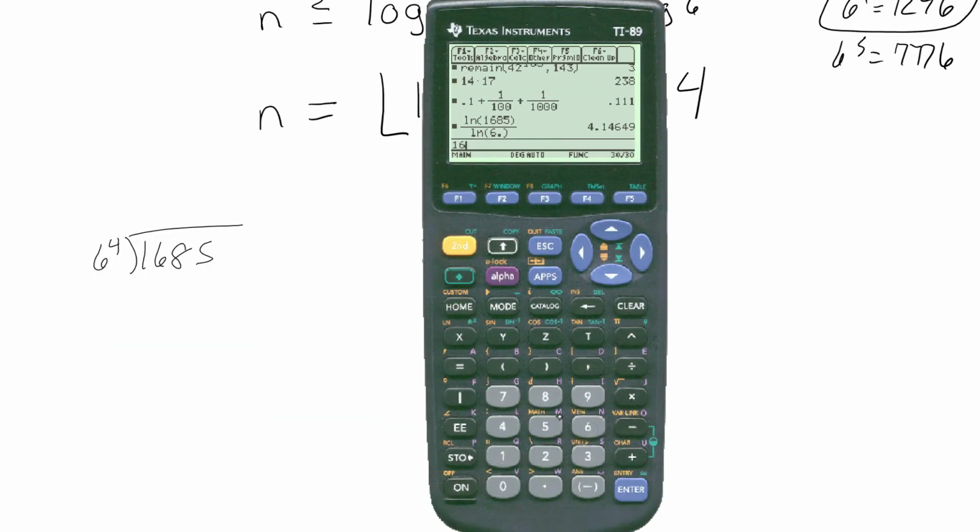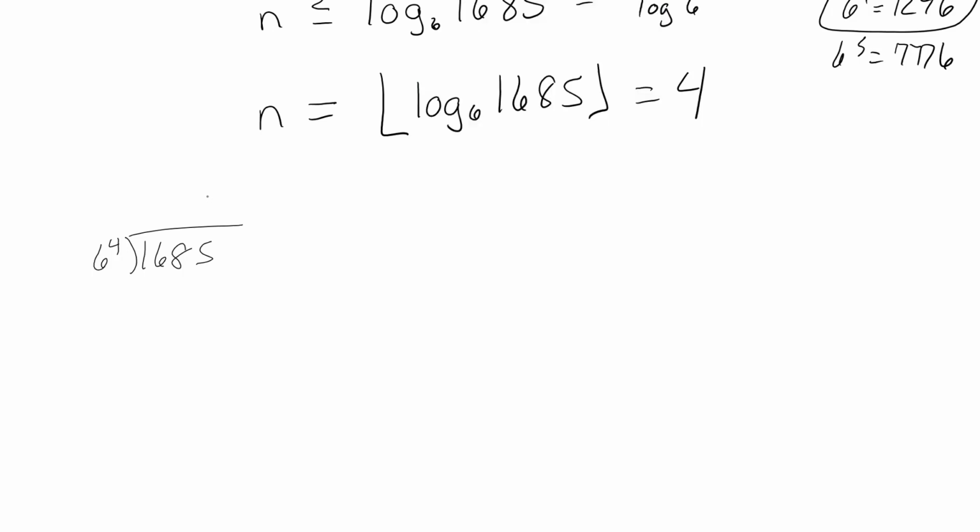So 1685 divided by 6 to the fourth is giving me 1.3000, anyway, it's giving me 1 point something. So 1 remainder something. And the question is, well, what's that remainder? Essentially, if you think about what you're doing mathematically, to get here,